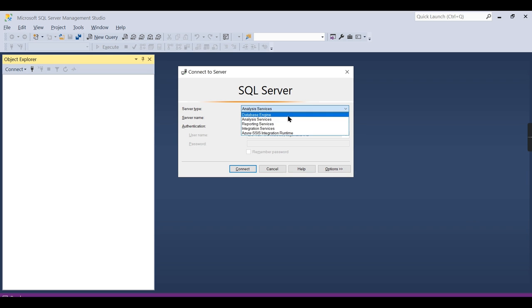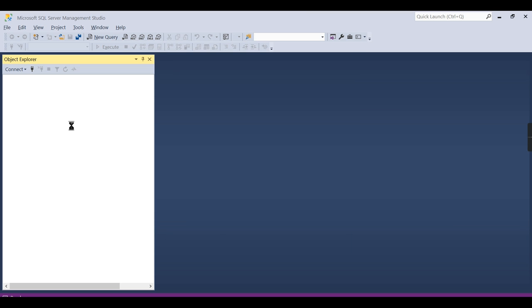Okay, so here choose the database engine. I hope we have multiple services, right? It's a database engine or analysis services, whatever you have installed. In this case, you go for database engine, and this is my server name. Let's try to connect it,